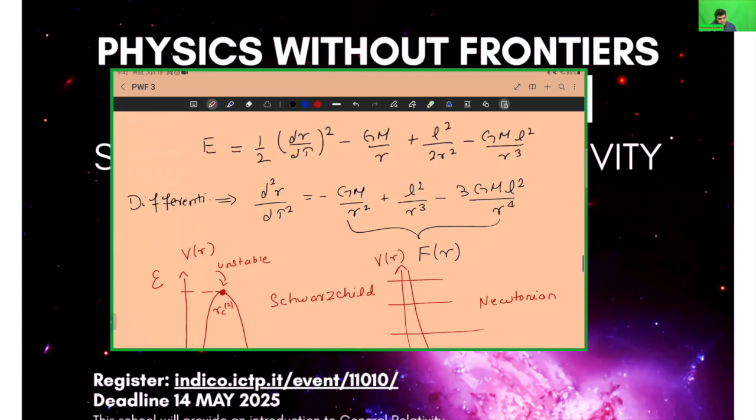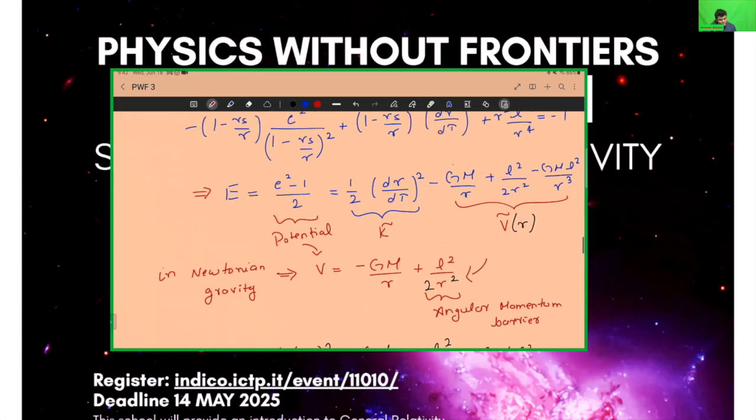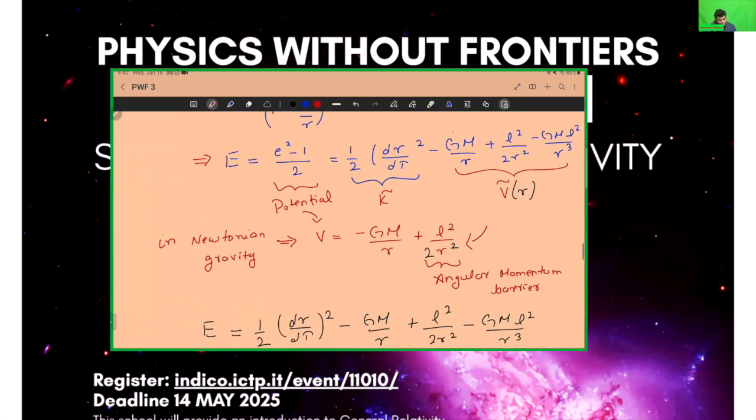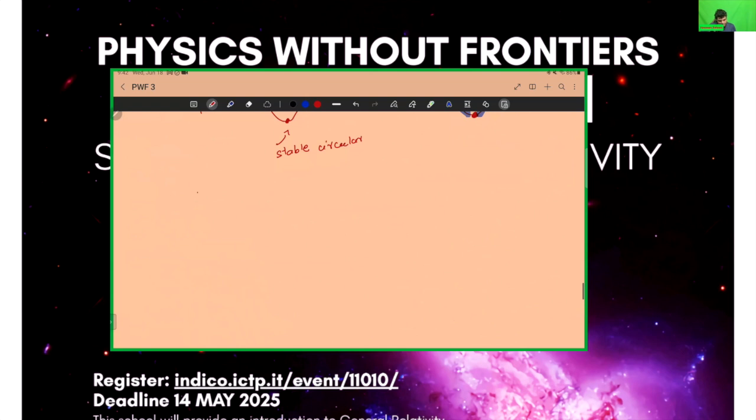Okay. So what is the potential? So the potential is minus GM over r and these two other terms. So you take the derivative of minus GM over r plus L squared over 2r squared. And then you have this next term, which is minus GM L squared over r cubed, and you set it to 0. That will give you a quadratic equation for r. You can solve that quadratic equation and I can tell you the result. So you get two different answers, of course. And those two different answers look like this,